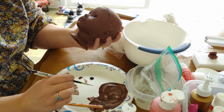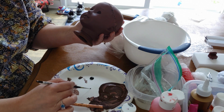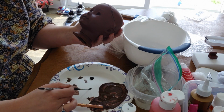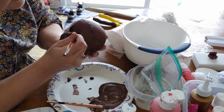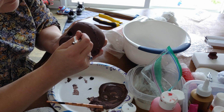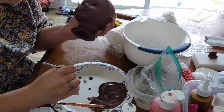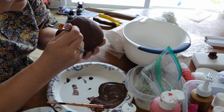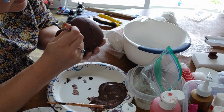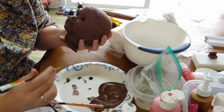So now I'm going to take a little bit of this brown and mix it with a little bit of black. And this is going to be our shadowing for the lashes. Okay. So we're going to do a sunflower style lash. Really curious to see how these stationary eyes look. I've seen pictures, but you know,